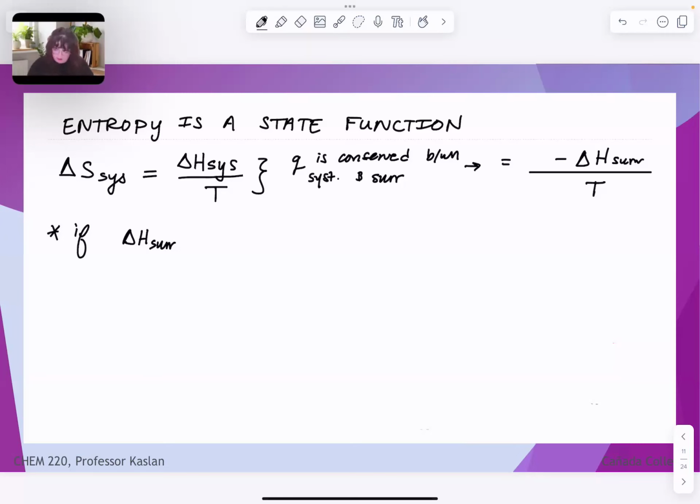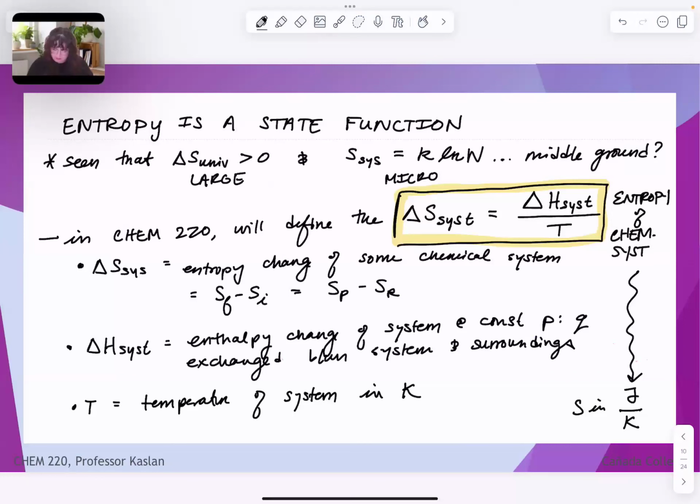Let's go back. So we are looking at entropy as being the change in heat of the system. Okay, we're going to start with a convention by assuming we've got some kind of